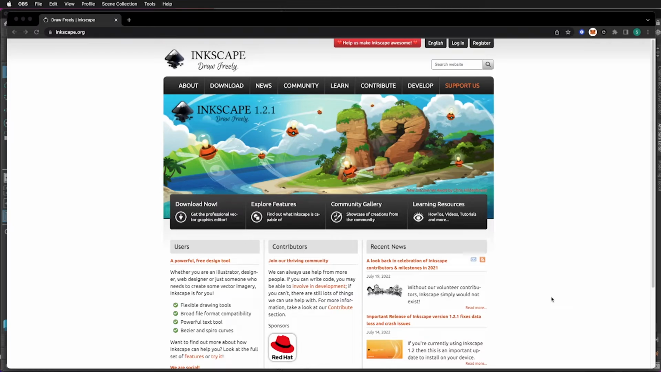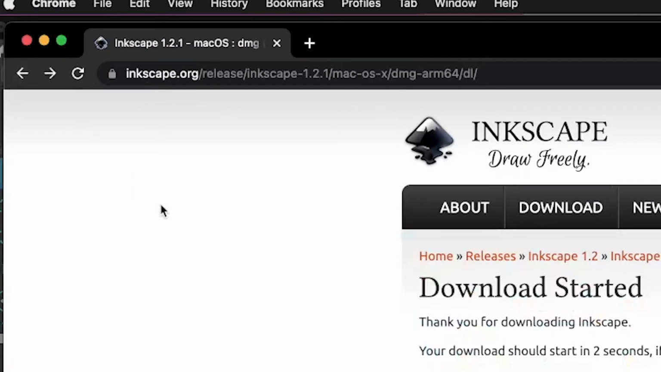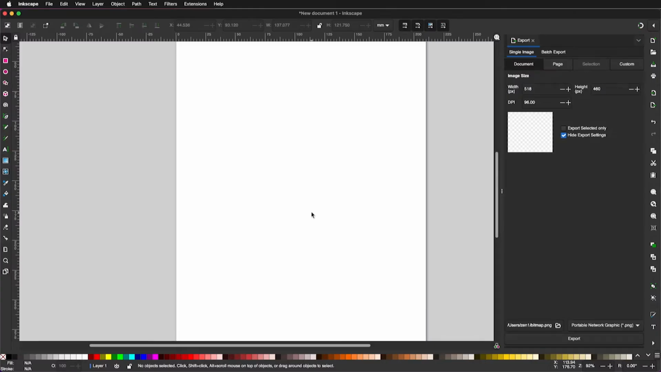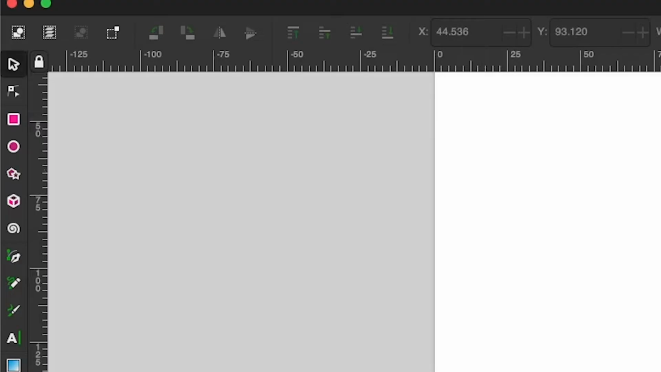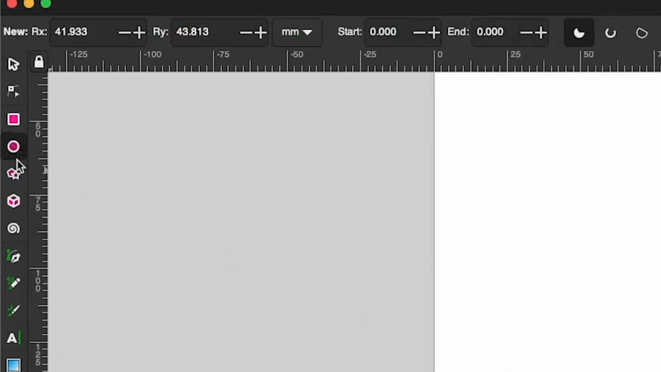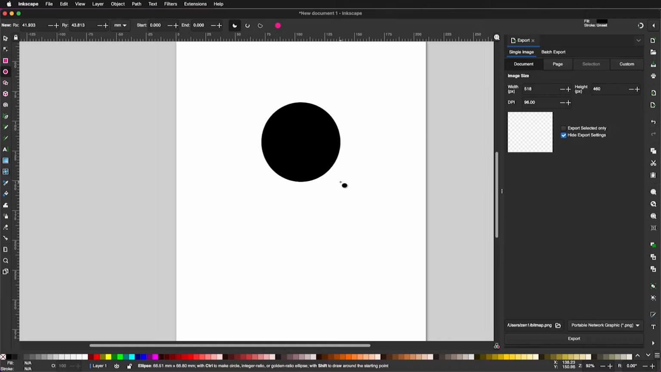If you don't want to use Illustrator, there's always Inkscape, and Inkscape is totally free. You could go to this URL to download Inkscape, and this will allow you to also create SVGs. This is a vector-based application, and to create the quickest vector, let's select from the left side, draw a circle,